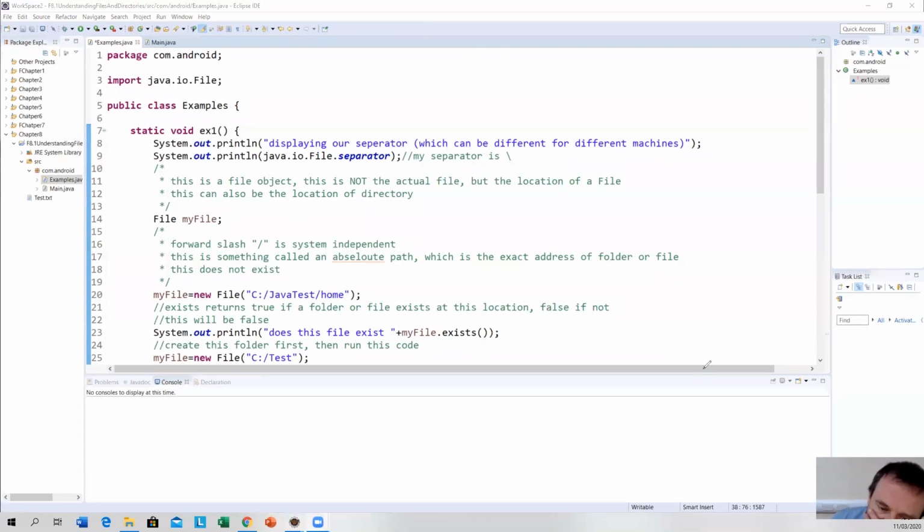All right, so here we're going to be dealing with files. Now, this is just the brief introductory part of files. All right, so we started off with something called the separator. The separator is what determines your file path, for instance, when you're going to your file path. So if I look at my file explorer here,